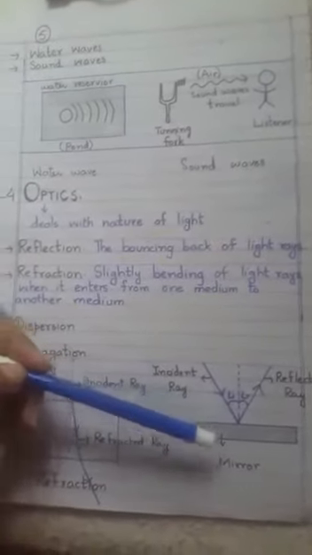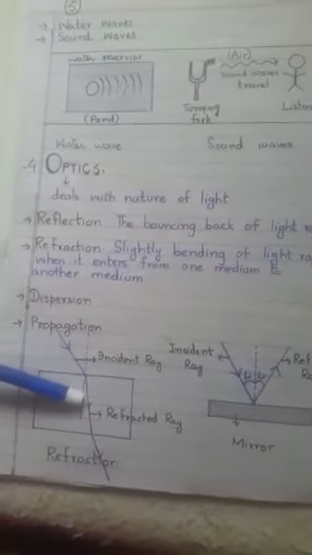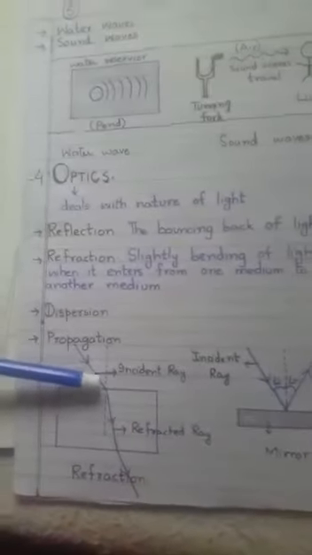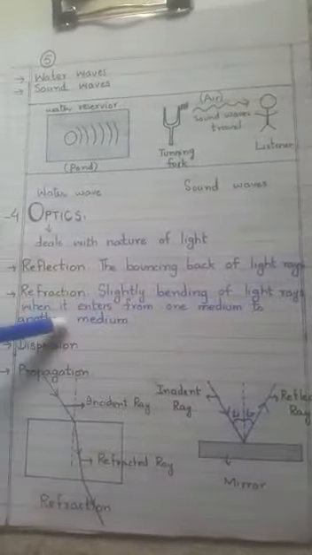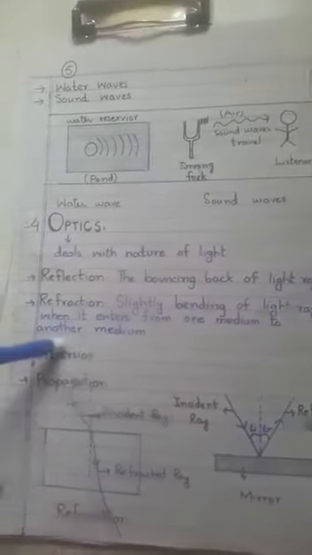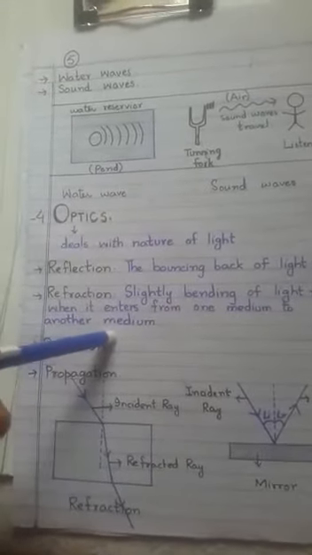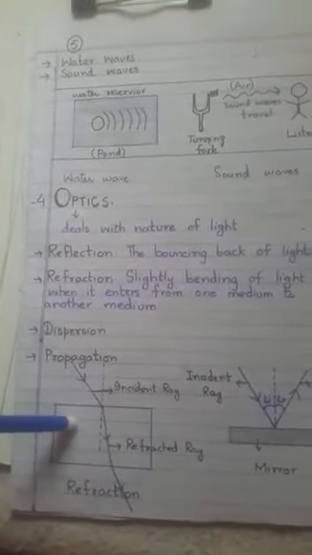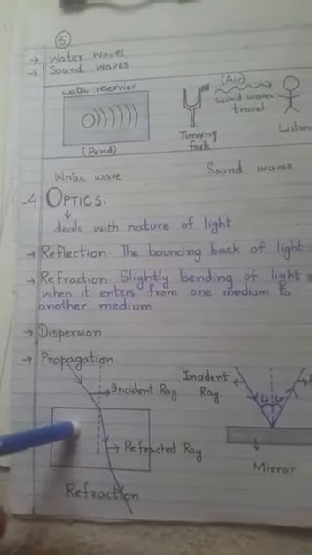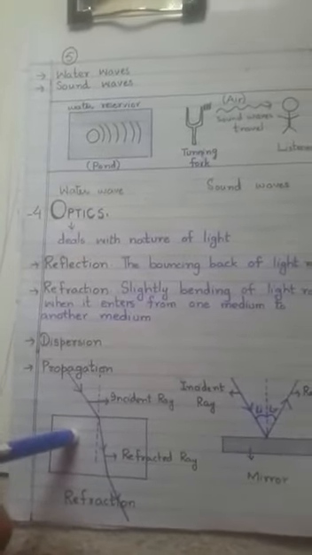The next one is refraction. Refraction of a light ray means, girls, a slight bending of a light ray when it enters from one medium to another medium. The slight bending of a light ray from its original path is also known as what? That is known as the refraction of light. Okay, in refraction of